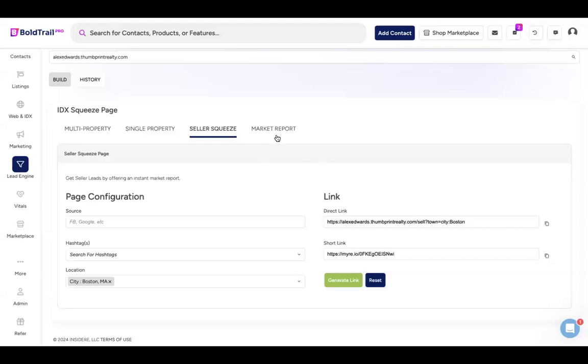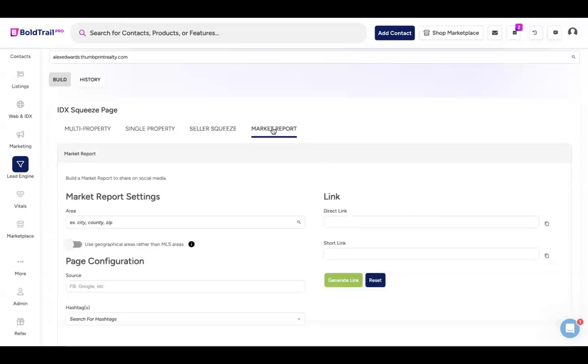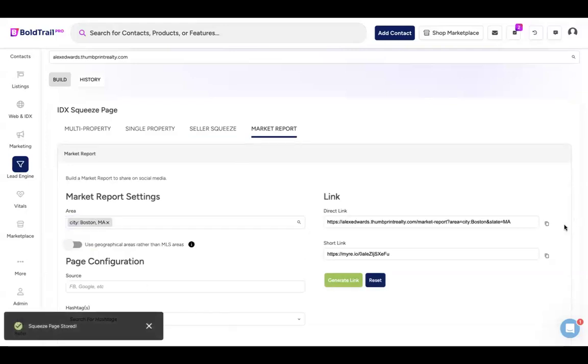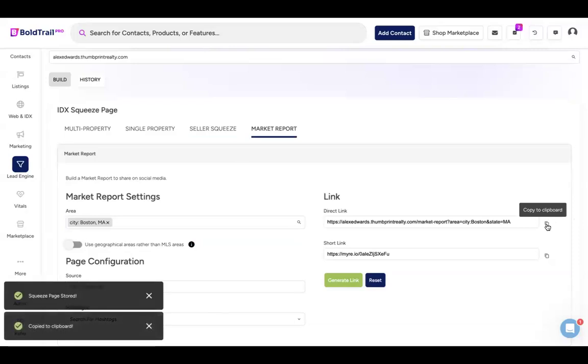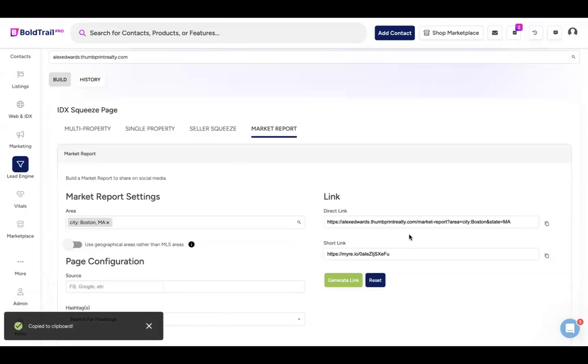All right. Market report, think of it as a 30-day summary. What else is doing? Probably the easiest way to figure it out instead of me telling you. So I'm going to pick an area. I'm going to generate a link. And I would recommend all of you to do this in your areas and just see it before you do anything. Now you will notice, side note, and then I promise I'll slow it down and walk you through,